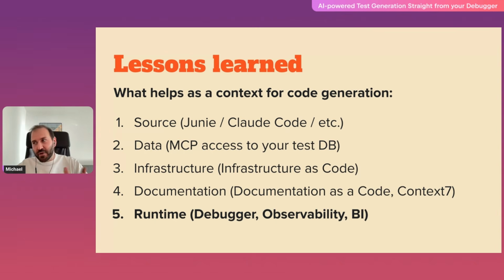And the fifth is where I tried to focus, which is to use the runtime information, which includes a debugger, which I use in my plugin, which takes the runtime data. I know that Cursor is also looking into the debugger to get the runtime data to identify the memory leaks and so on. So that could be also helpful when you're trying to generate or refactor the code and make it more performant. Also, observability tools are a great source of